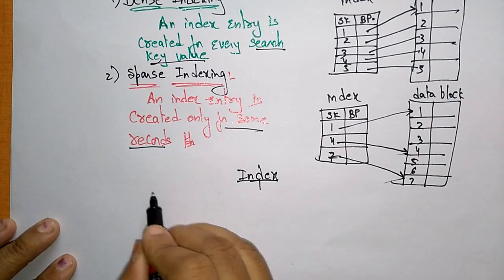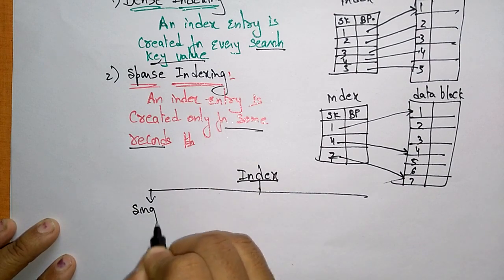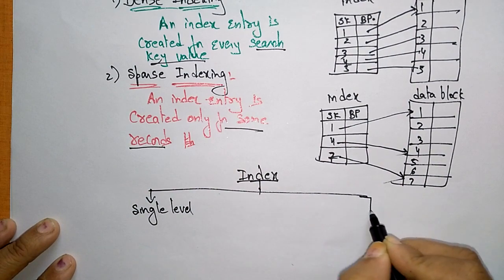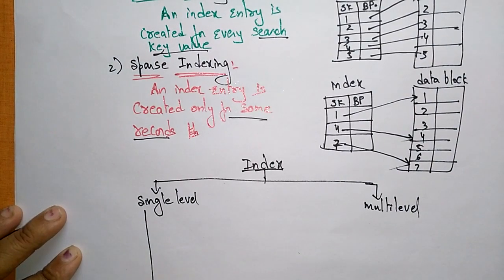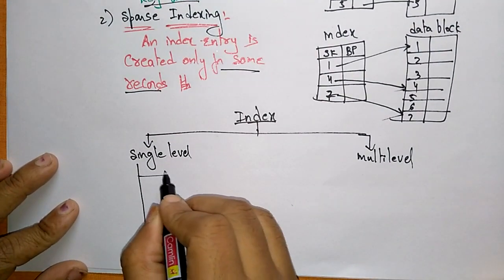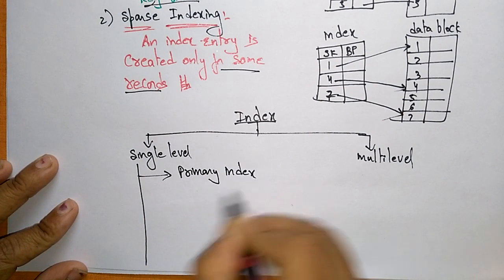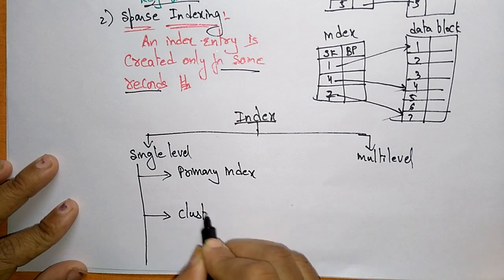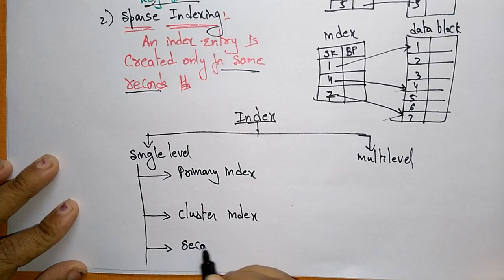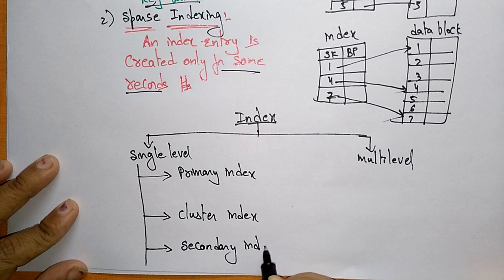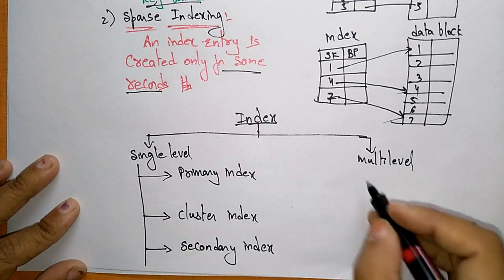Okay, so the different types of indexes will be divided into single level or multi-level. Single level is of different types. That is, the first is primary index, cluster index, and secondary index. These three types of index you call a single level index, whereas multi-level